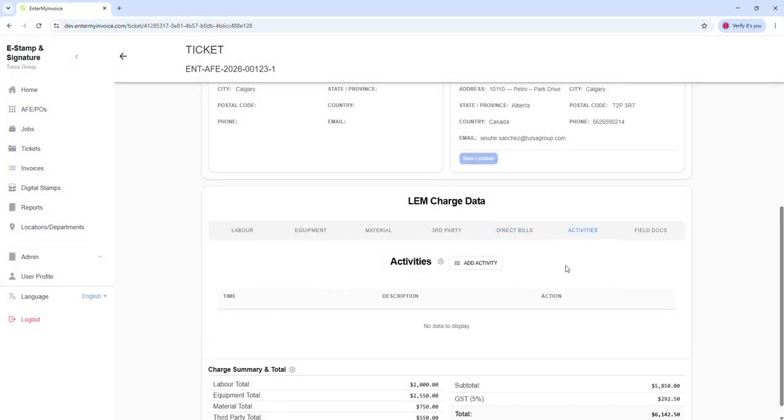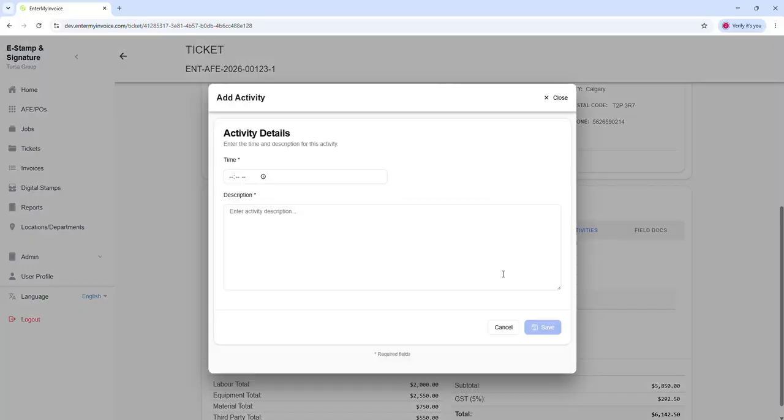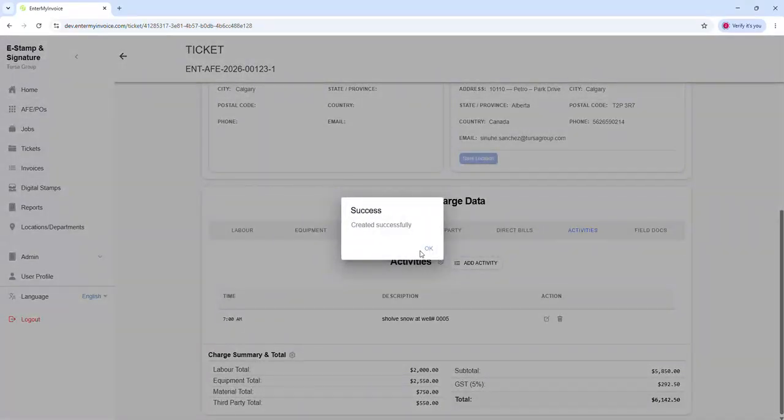Activities. If you want to add in a specific activity performed on the job, you can select the time. So the start, they shovel snow at 7 a.m., right? So I'll do 7 a.m. So they started, so they shovel snow at, well, number, oh no, just making up numbers here. So you can actually add the activity, save it, and then